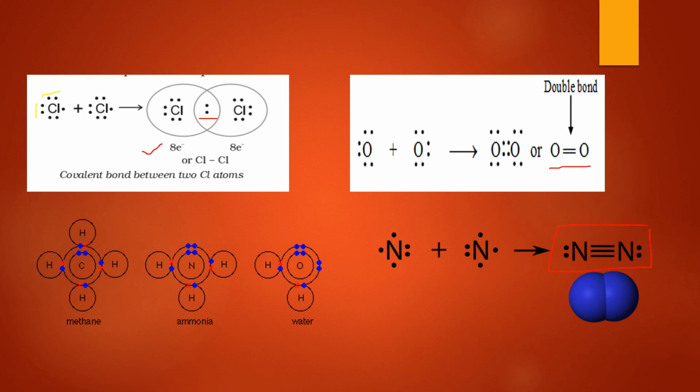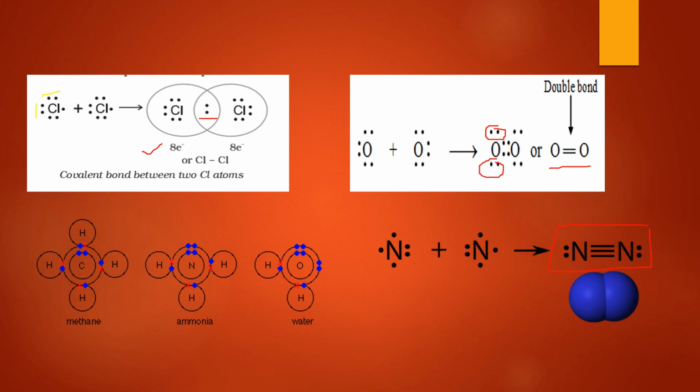Now coming to methane, the formula is CH4. So each hydrogen shares 1 electron with the 4 electrons of carbon and forms 4 single bonds, and there is no lone pair on carbon. Always remember one thing, in hydrocarbons, carbon does not have any lone pair of electrons. Now here in oxygen, 2 lone pairs are present on each oxygen atom after formation of the double bond.